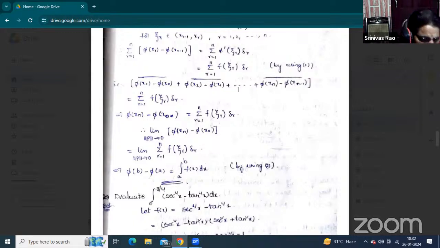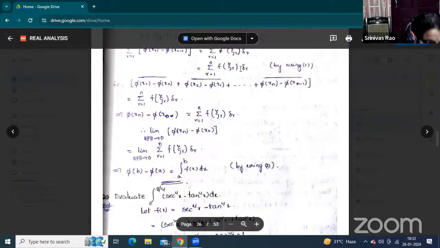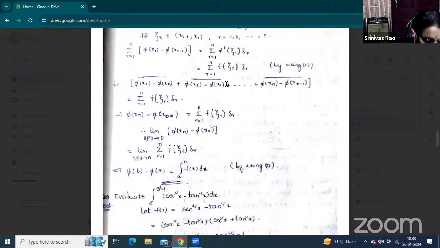This is one of the important theorems, the fundamental theorem of integral calculus, along with the necessary and sufficient condition of integrability, and the function being continuous. Those are the properties of a continuous function. In the next class, I will explain the properties of Riemann integrals, and after that, that is the completion of the Riemann integrals concept.